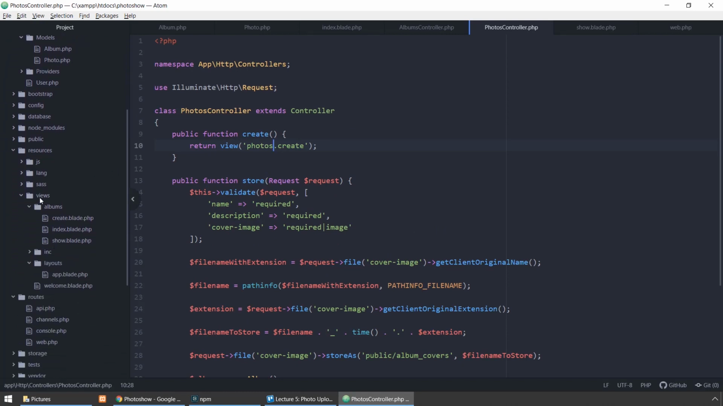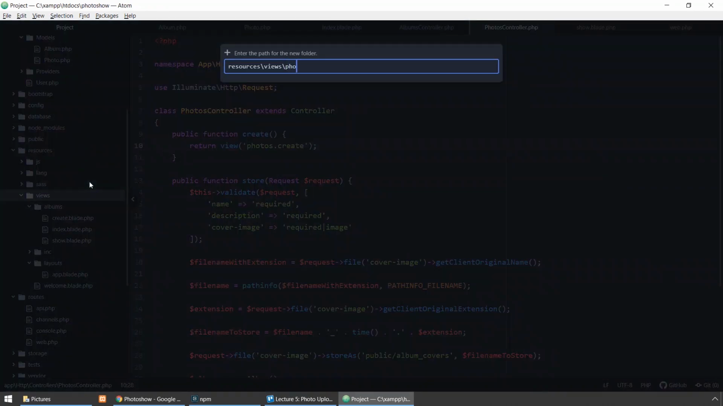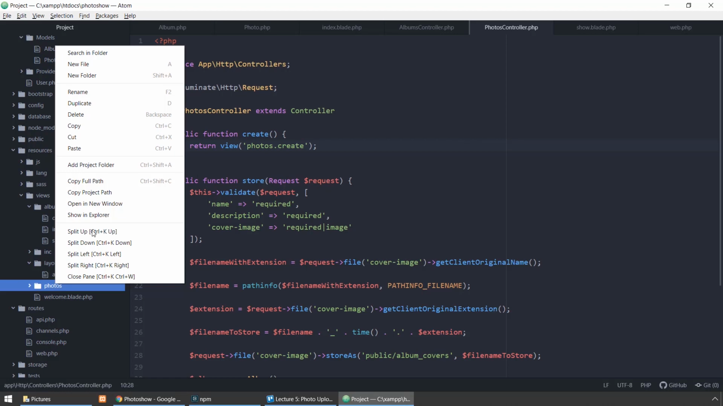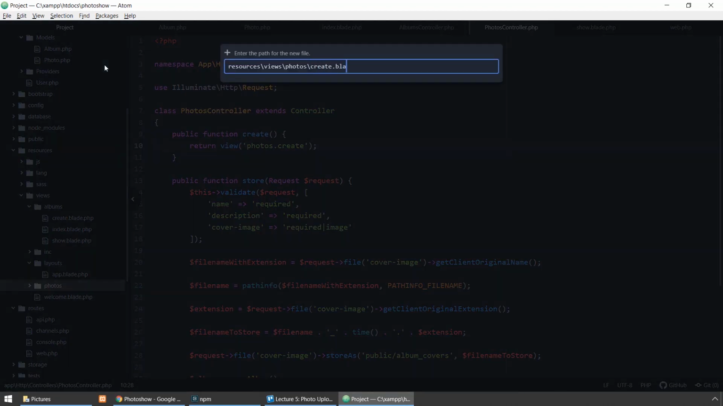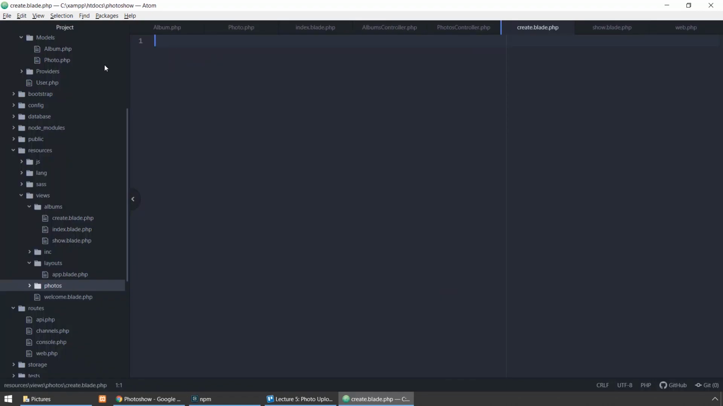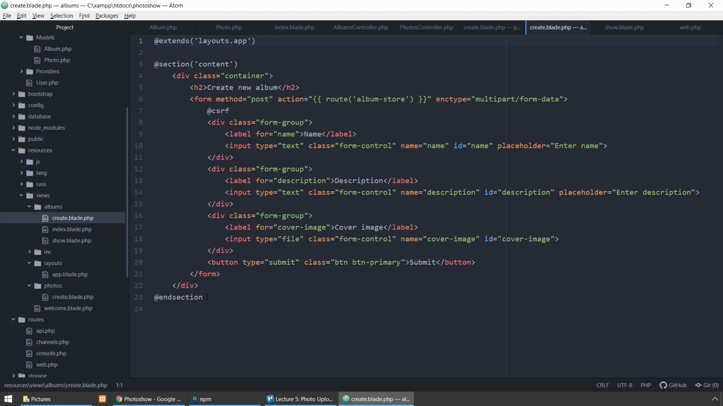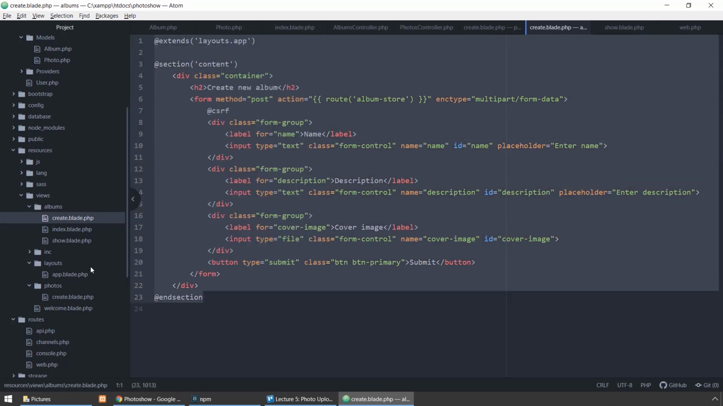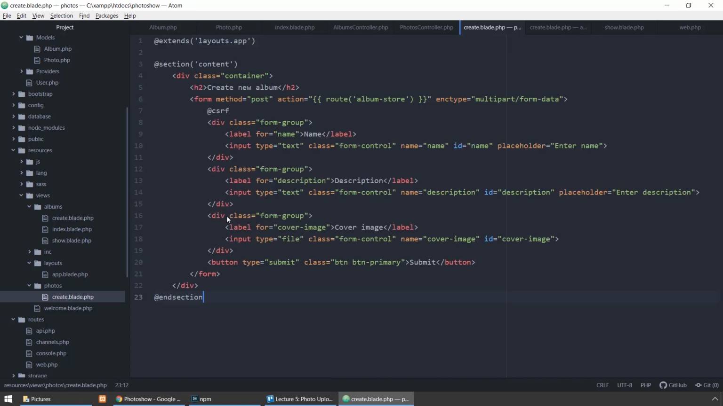And let's just create a new folder just called photos with the new views. So create.blade.php, which has nothing to do with the create.blade from albums. Okay, let's just copy the contents and we need to change the create new album by upload new photo, and this is going to be photo store. We have the CSRF,